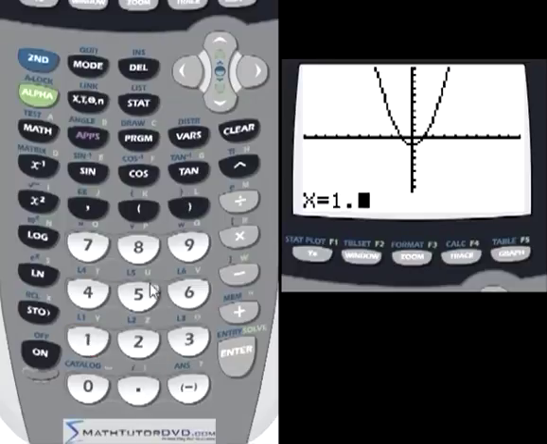That's something that the trace button didn't show you, but when you put 1.5 here and hit enter, then it's going to snap and put the cursor at 1.5, and it's going to tell you at x is equal to 1.5, y is equal to 1.25. And so